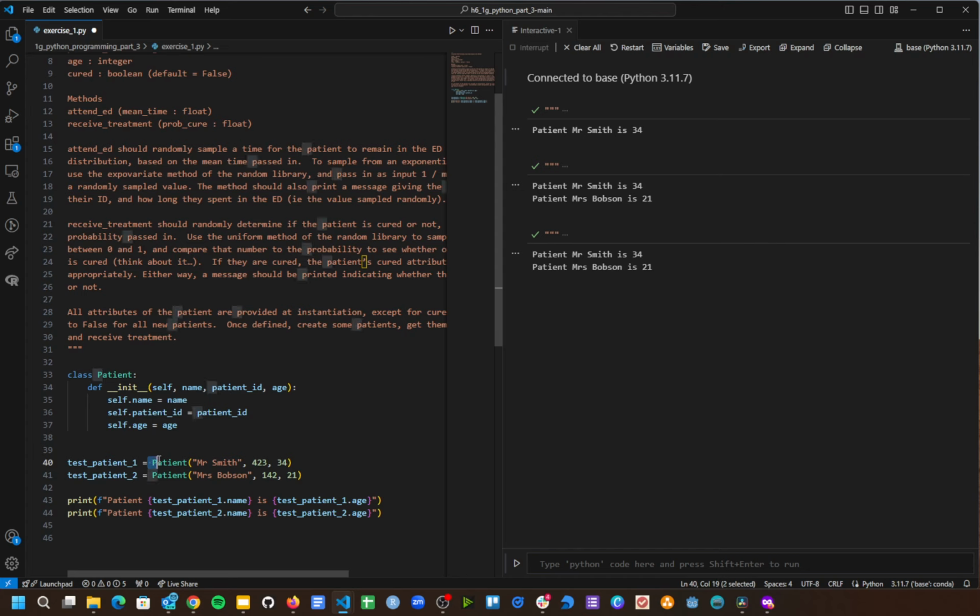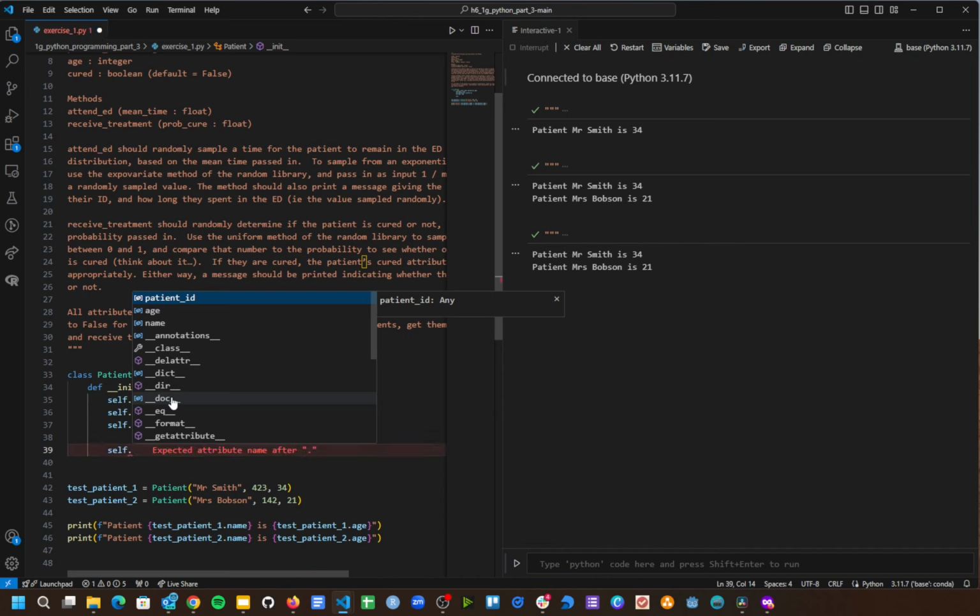This just says please create an object of class patient, and here are the things I'm passing to you to do with it. So self.name is name, self.patient ID is patient ID, and self.age equals age. Now, the next thing, we've been told that we also want to have an attribute called cured, but we are not asking the user to pass that in. We will assume that every patient who turns up, so let's say that we've got an emergency department, we wouldn't expect people to turn up already cured,